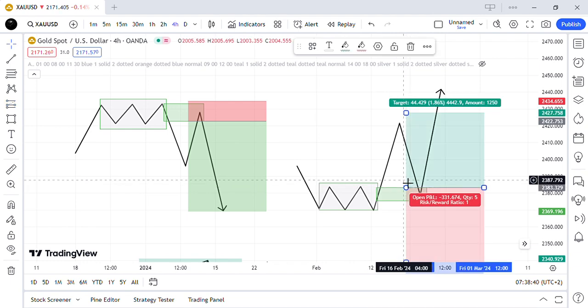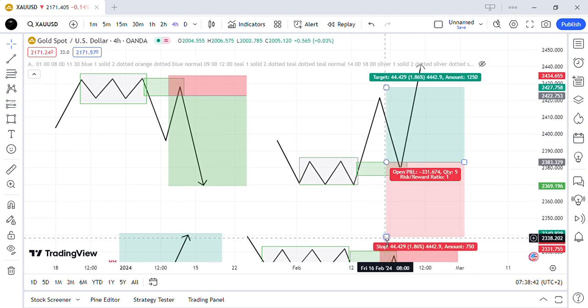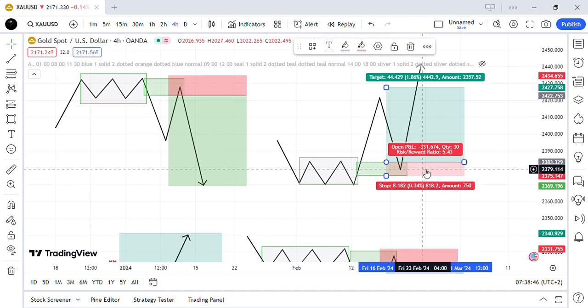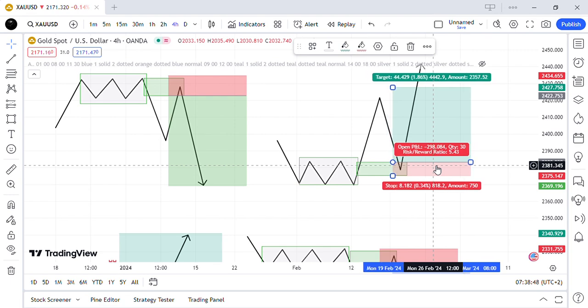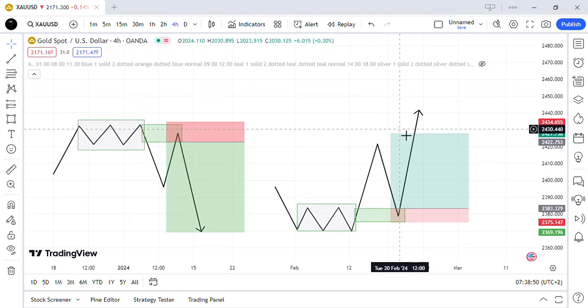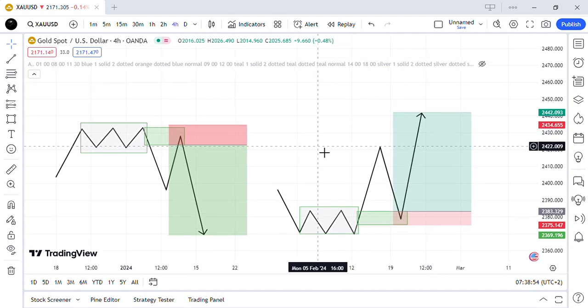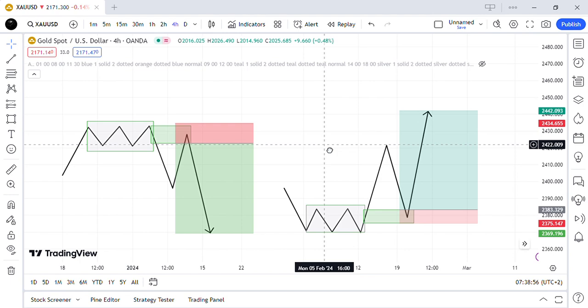Always enter on the what? On the week there. Like that. If you understand this concept, you can spot these things on the charts. I'll teach you how to spot this on the charts. You spotting this thing on the charts,